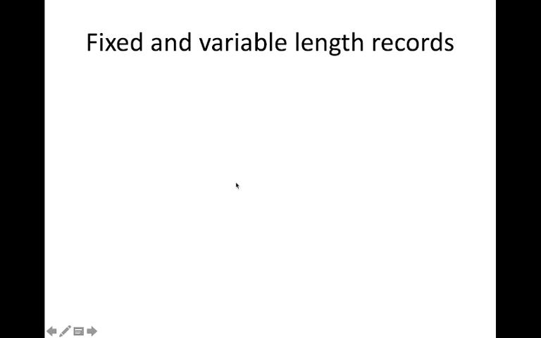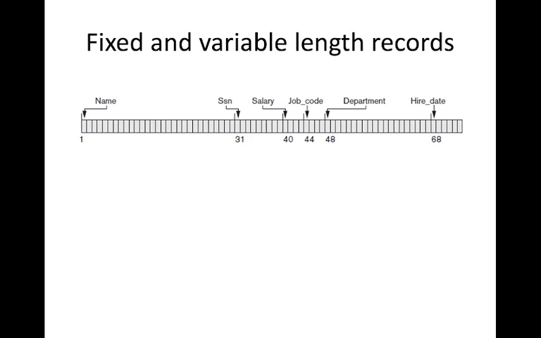Okay, before going into this, you have to understand some basic things. So we have some fixed and variable length records. Let it be records itself. You have to understand what a record is. A record is something that will be stored. For example, if you have name, social security number, this is a record of that employee.